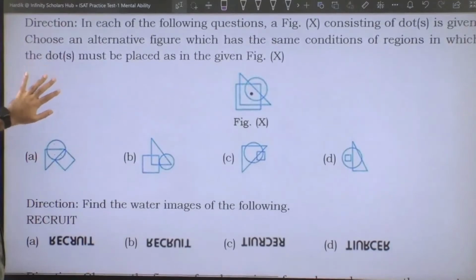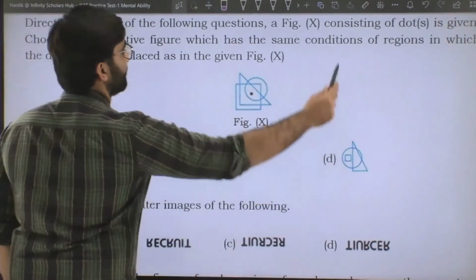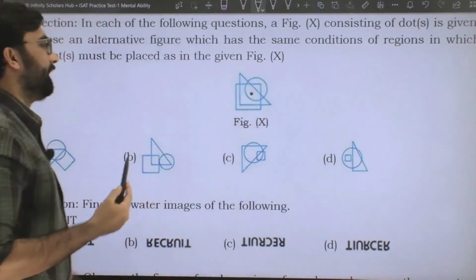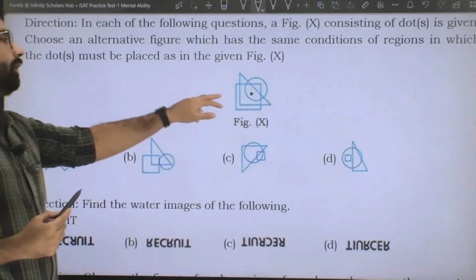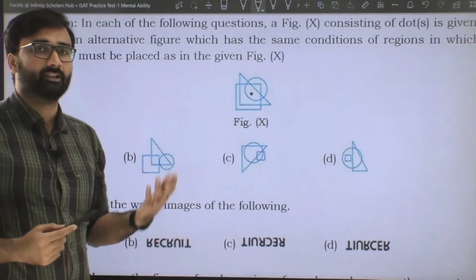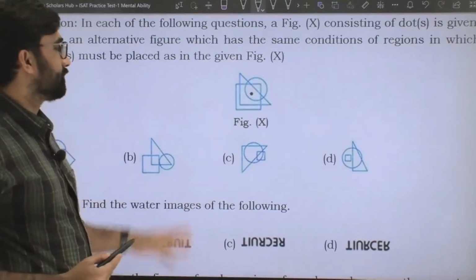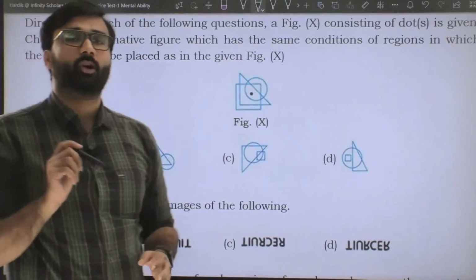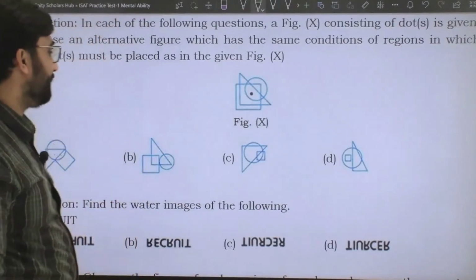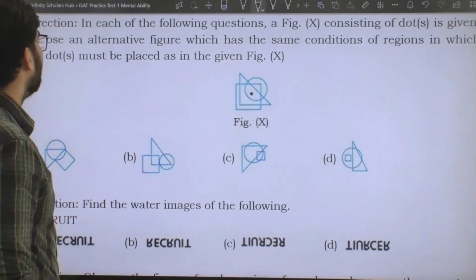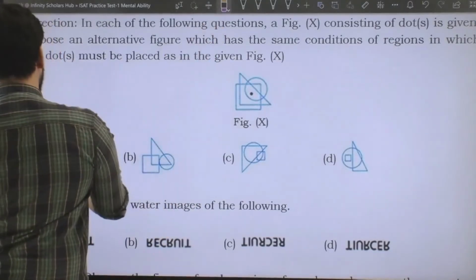Now this question over here is quite easy, because in this question what you need to check is that there is only one dot given, and you know that one dot is common to all the three shapes. It is common to the circle, the triangle, and the square. That means that particular dot is present in all the three shapes, right? So from the figures which are given below,